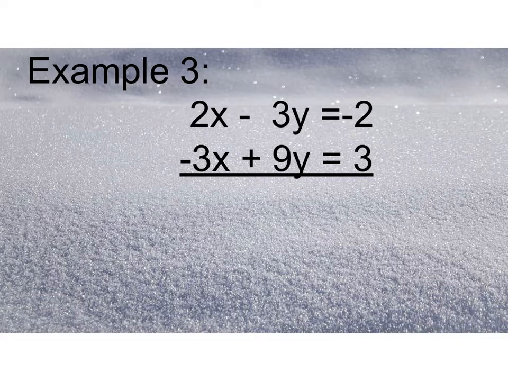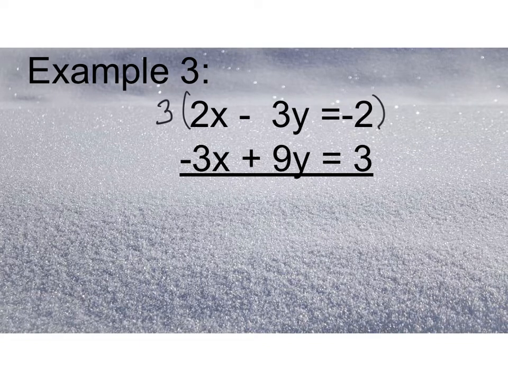Well, I'm zoning in right here on my 3 and my 9s because I can multiply by 3 to get that to become a 9. So let's do that. All right, so we've decided we're going to eliminate the y's by multiplying this whole equation